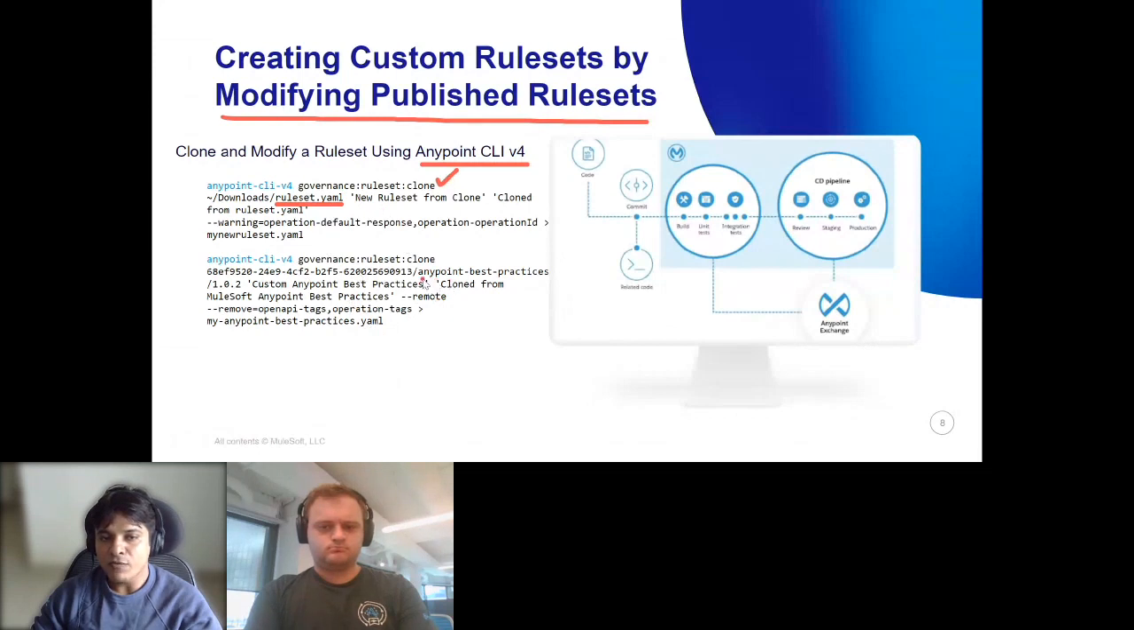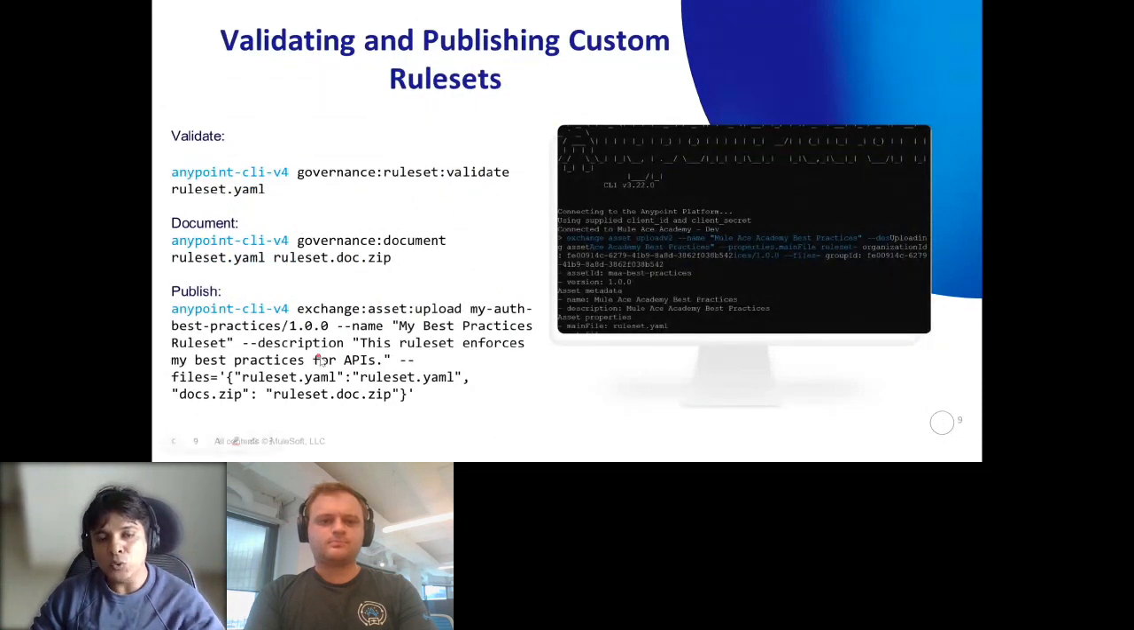For example, we have out-of-the-box rule sets called Anypoint best practices. You can take that rule set, clone it, and then add your functionality to it, or explore how it is implemented, and then implement your own rule set for your business requirement. Once your rules